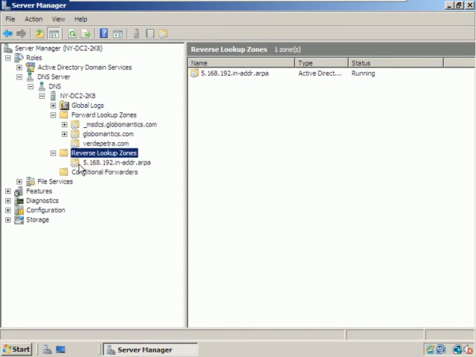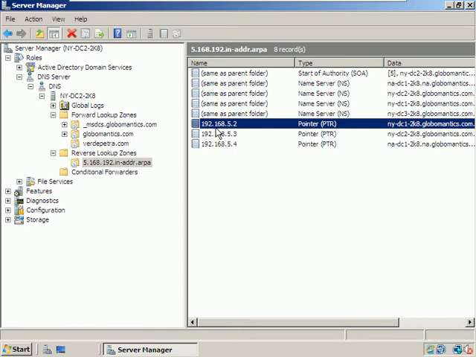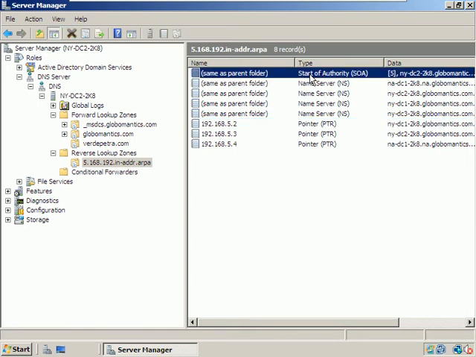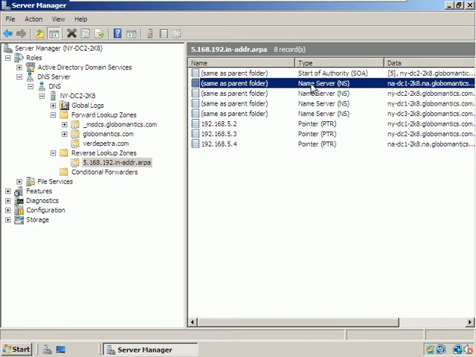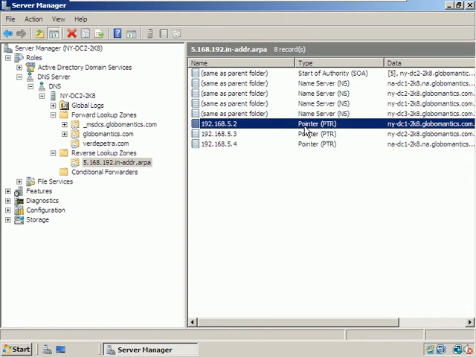Now, a reverse lookup zone, I actually created this earlier. This is one thing I created while you weren't looking, all right? But it's very, very easy. Notice that in a reverse lookup zone, we still have start of authority records that define the authoritative zone here. We have name server records all down here, and then we have these pointer records. Now notice that in a pointer record, we start with the IP address, and then we have the name over